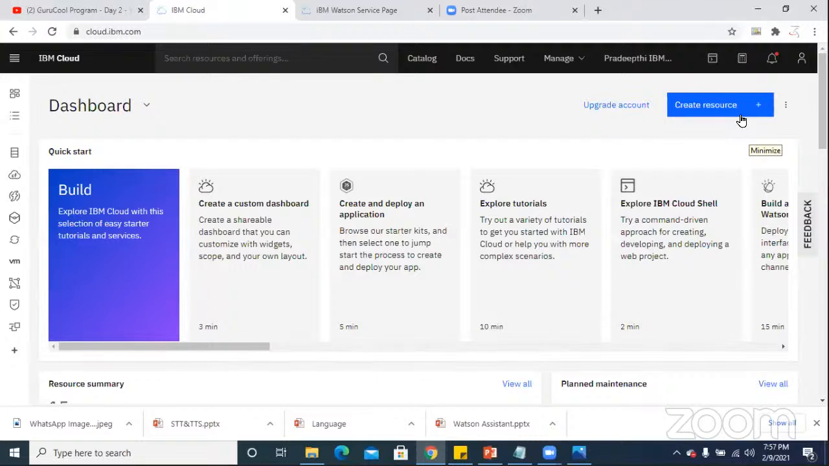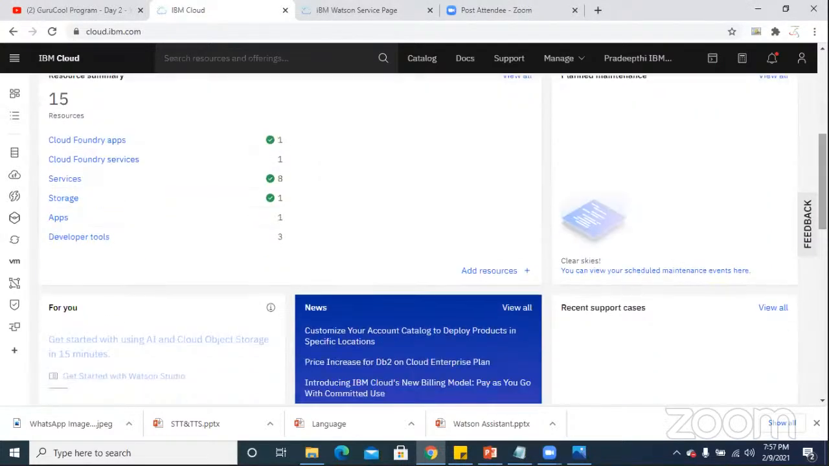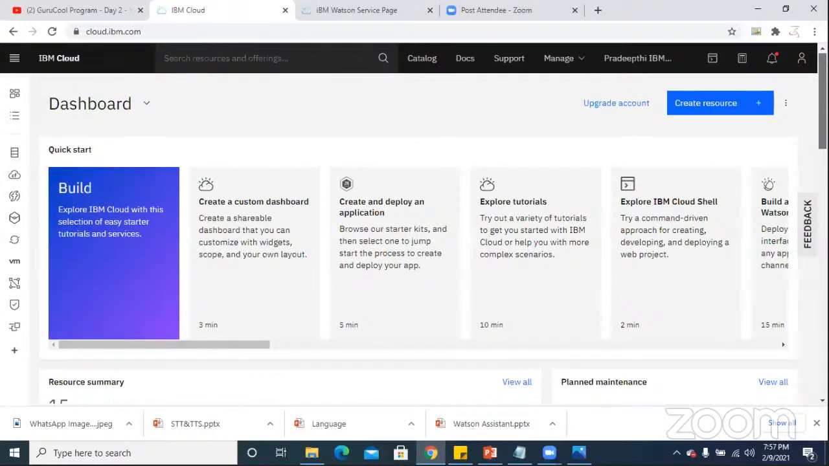So let's first create the service. I actually have a service, so I'll just show you the process of creation. Whenever you log into your IBM account, you will land on a page which looks like this, called a dashboard. From the dashboard you can navigate to the services which you have created earlier. As it is a new account, you may not find any services, but you will find a button called create resource. You can create all the IBM services through the catalog. So if you click on catalog,